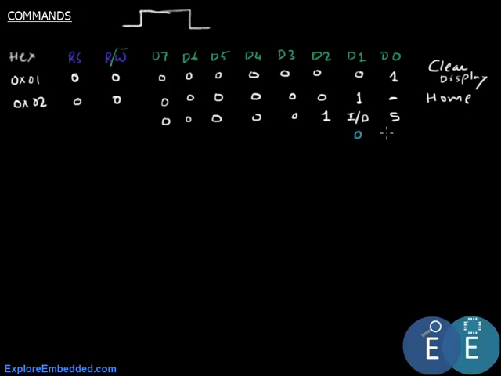When both are 0, when S is 1, when I/D is 1, and when both are 1. Now when increment and decrement is 0, we can call this D bar. The cursor will decrement by itself, and if S is 0,